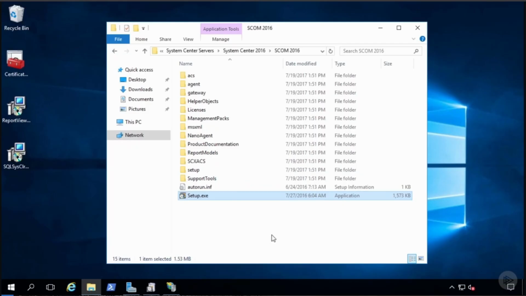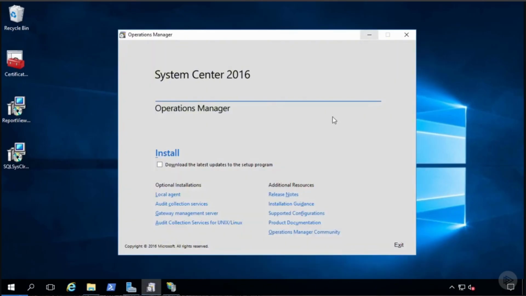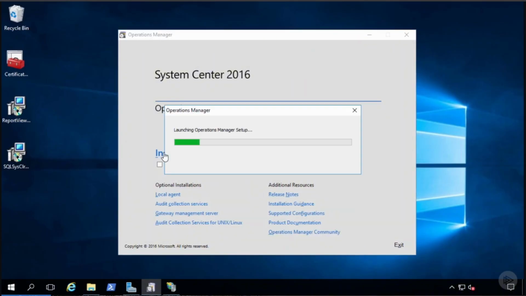It exists right here. I've already downloaded and unpacked, obviously, the Ops Manager 2016 ISO file right down here into a remote location. Once I've unpacked it here, this setup.exe file will make available the Ops Manager installation wizard, like what you can see here. When we go through that installation, there may be some updates to the setup program, so we will want to download any latest updates to make sure that we get all these pieces installed correctly. Let me now go through the installation for Ops Manager onto this computer by launching the setup